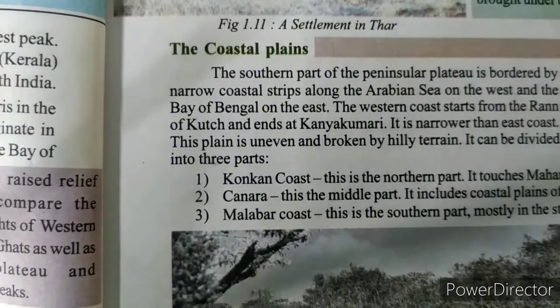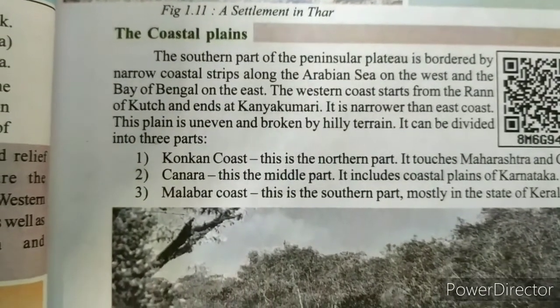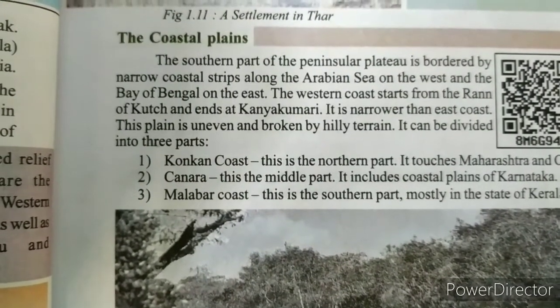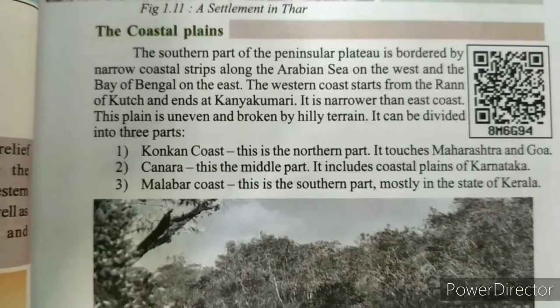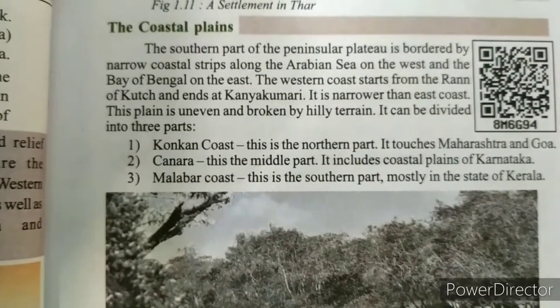Coastal plains are the land adjoining the sea coast, and India has two coastal plains, the east coast as well as the west coast. The east is covered by the Bay of Bengal, the west by the Arabian Sea. On the east, the coastal area is very fertile, with deltas from the Mahanadi to the Kaveri delta at Tamil Nadu.